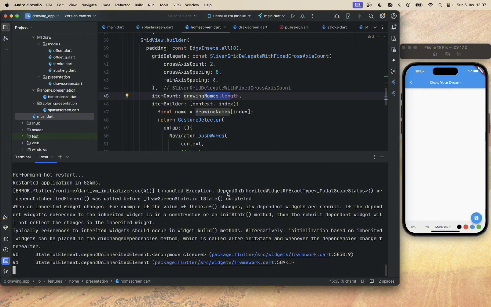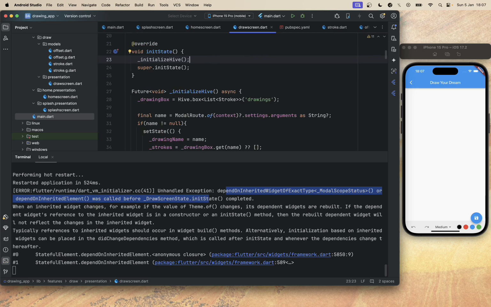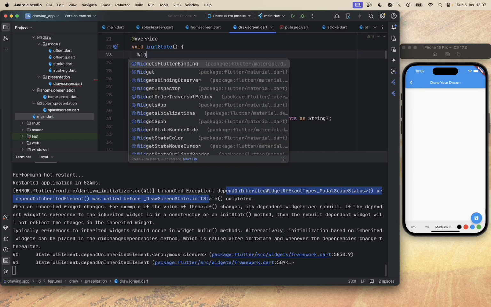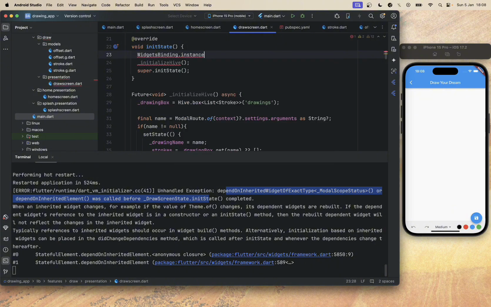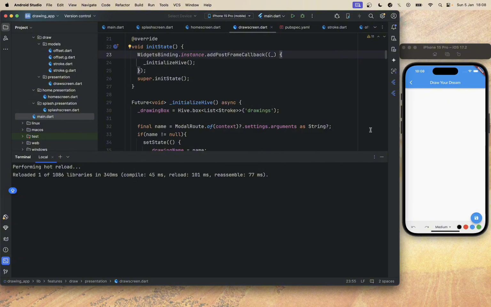But if I click on this one, as you can see, I got another error, and it said that it depends on what's called before. So for example, for the draw screen, I think we should call the draw screen pending. Maybe try to call it once the page just loads. Okay, so if I restart the app,